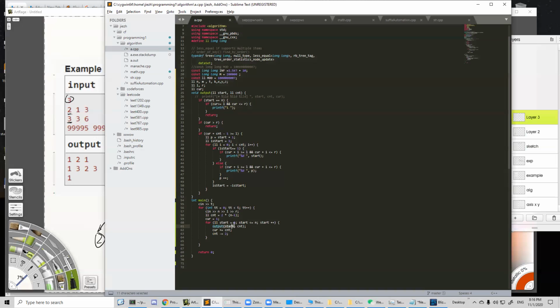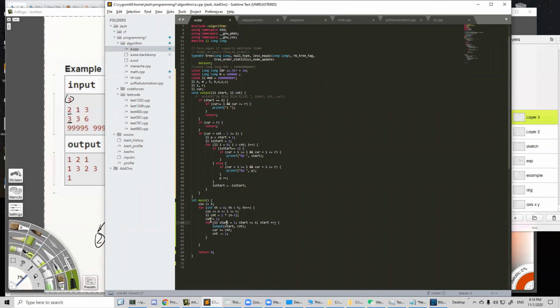This is where we calculate the stream and output the numbers, right? And for each section, the count here is the number of numbers in that section, right? For example, for the first section, there are going to be